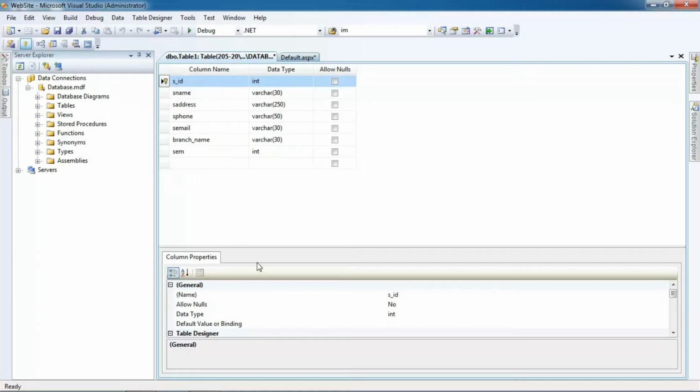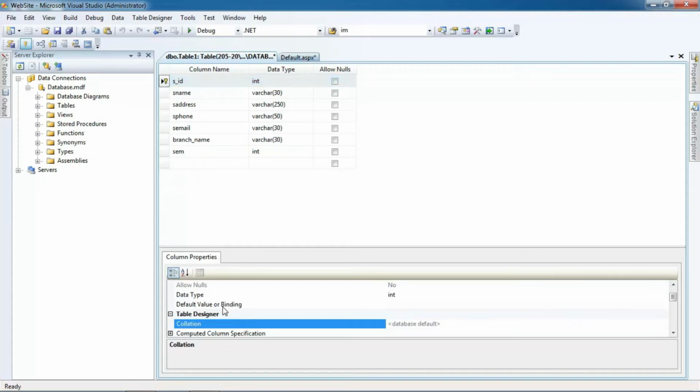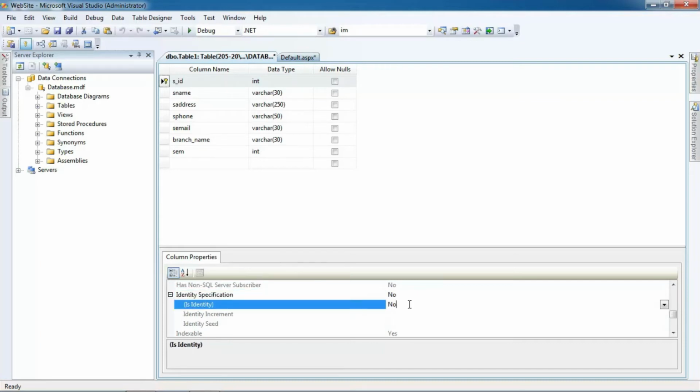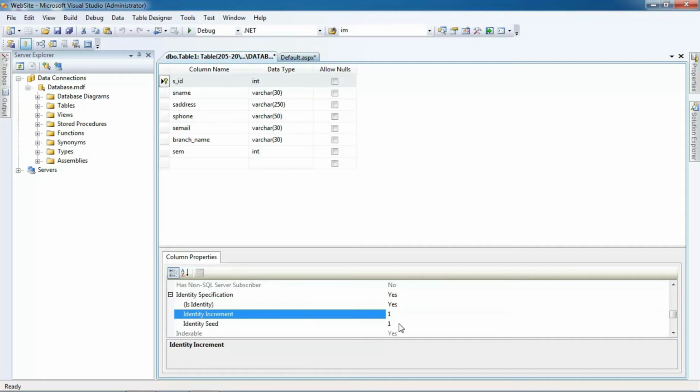Now this particular step will allow the user to have unique values, but it will not be auto incremented. To make this primary key auto incremented, select this primary key column, go in the column properties, and then select identity specification. As soon as you expand this, you have an option, is identity, so you can set it to yes. We'll have two options, identity increment 1 and seed 1. It means the seed will be 1, which says the value of the primary key will start from 1 and will be incremented by 1, saying identity increment.